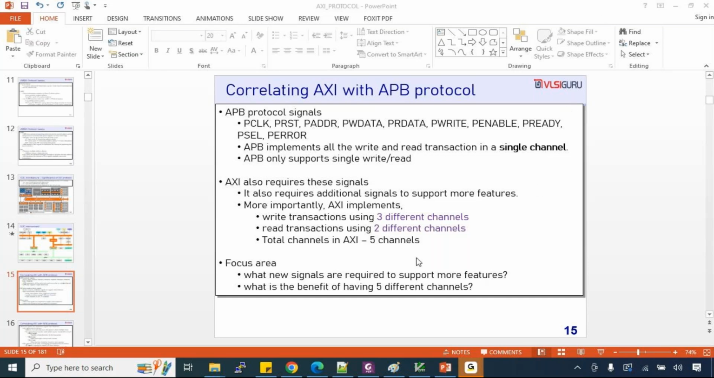Okay. What is AXI Lite? AXI supports a lot of complex features: out of order, overlapping, burst transfers, cacheable, bufferable. Some of the applications don't require so many things. They only require APB plus very simple features. Let's say